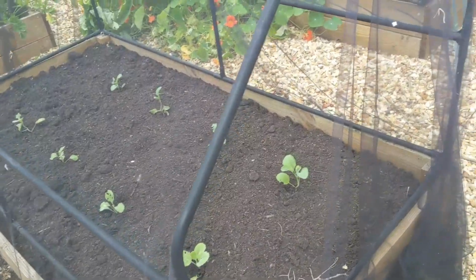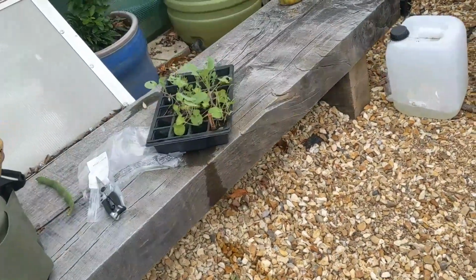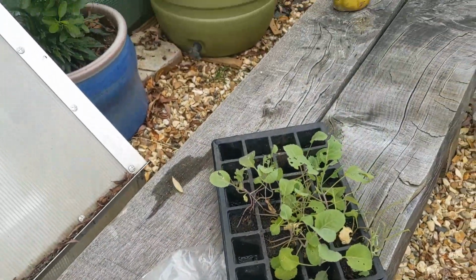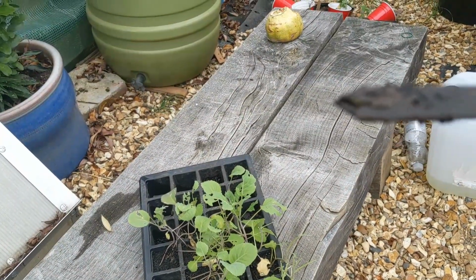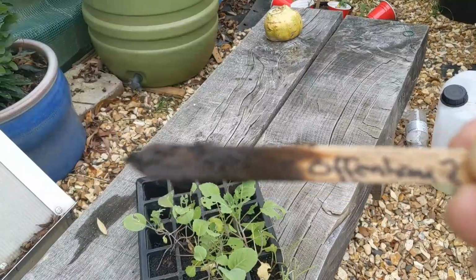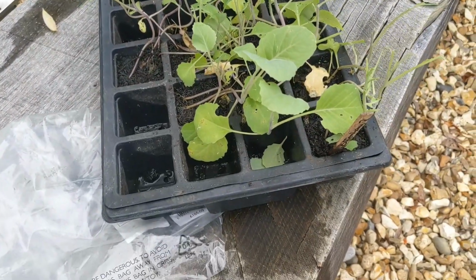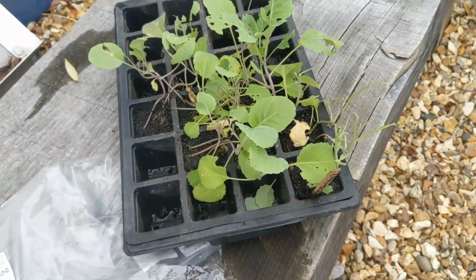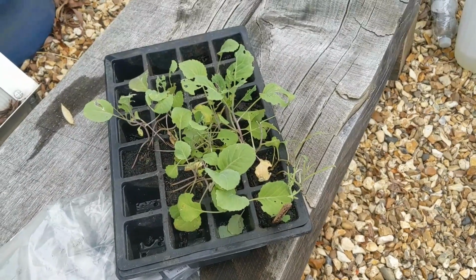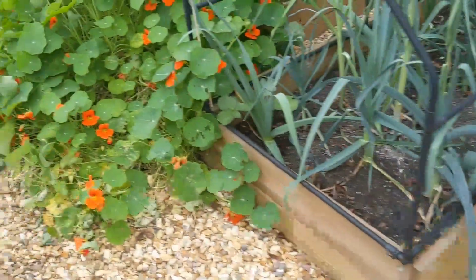cabbages, and I've got a few more seedlings of those cabbages here, and I'll tell you what they are because they've been donated by a good friend of mine. So, Offenham 2 cabbage, and I've got some more seedlings in this tray. I'm just going to check because some of them are slightly munched on, so obviously they might have some larvae and caterpillars on them, and I'm going to plant them